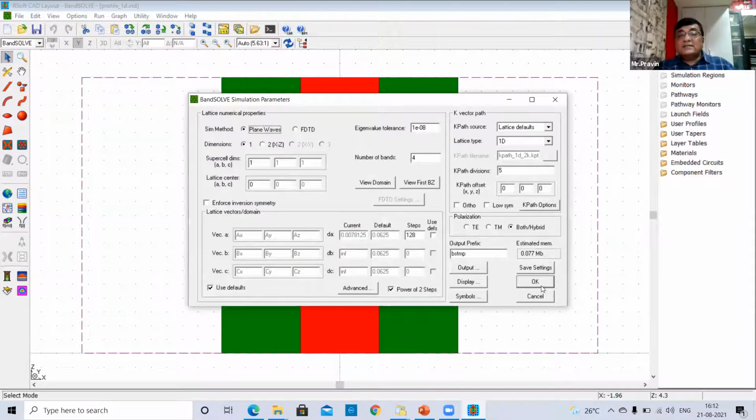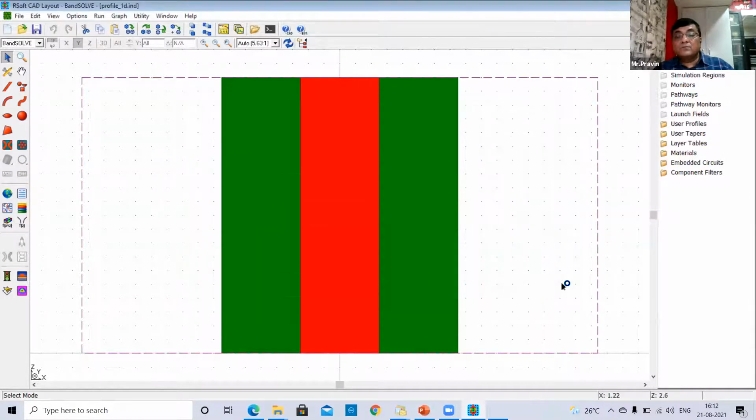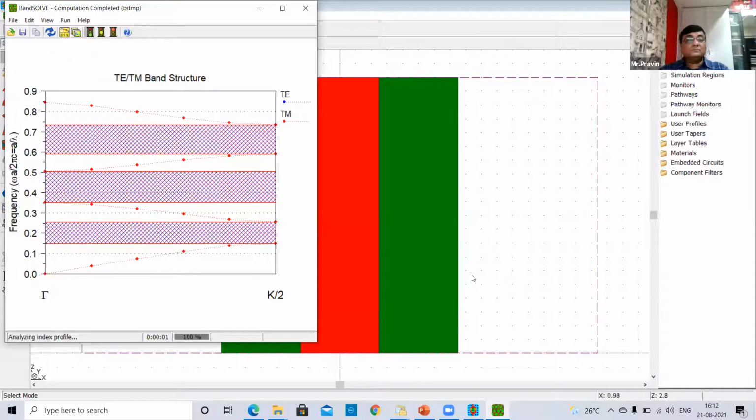Now you can see this has solved the TE by TM mode.